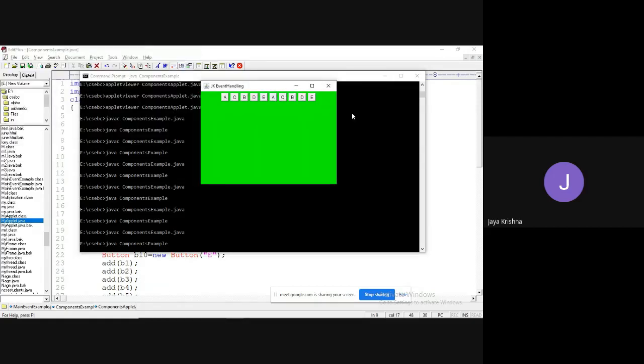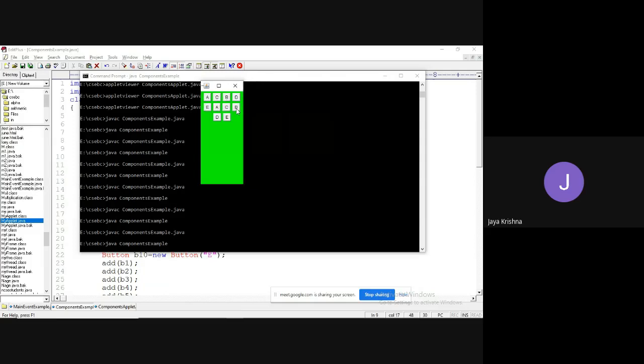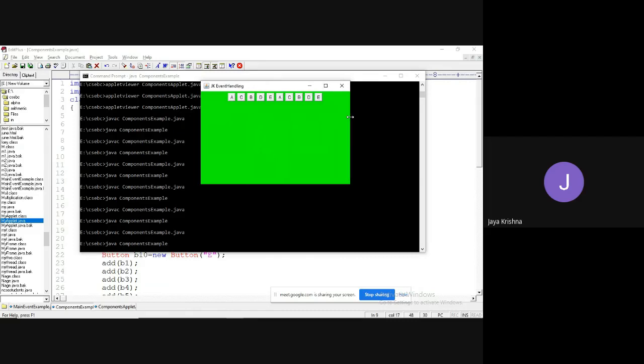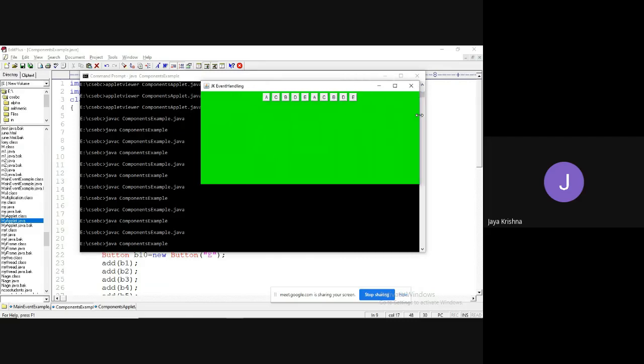Okay, and now also it is enough for that. Click observe. It is going to arrange row by row as width is decreasing. As width is increasing, it is going to arrange in a single row directly.